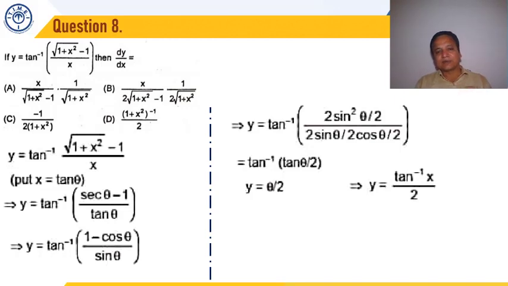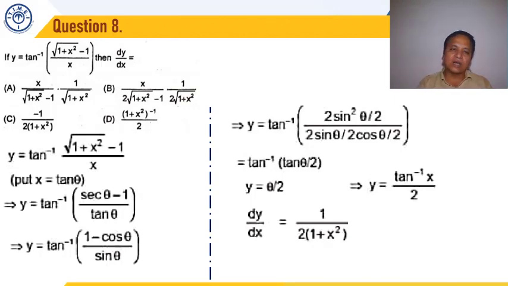Now we have to differentiate this expression. Y is equal to 1 by 2 tan inverse x. So can we say dy by dx is, 1 by 2 is a constant which remains as it is, and tan inverse x differentiation is 1 upon 1 plus x square. So dy by dx is 1 upon 2 into 1 plus x square. And if we take 1 plus x square to the numerator just to match with one of our options, we get 1 by 2 (1 plus x square) to the power minus 1, which is given as choice D as the answer.